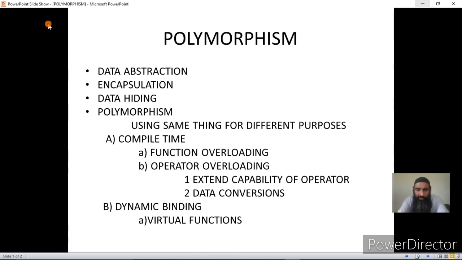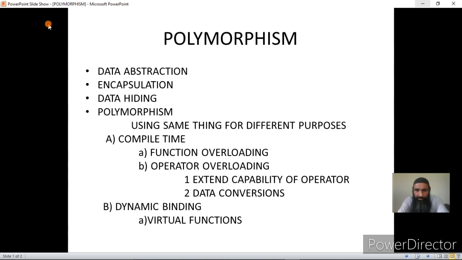So abstract data types serve as models, and based on those models we are able to declare the variables or objects. We have also seen that in C++ the class or structure can contain both data and functions, that is data and code. Having data and code within the same code block is called encapsulation.